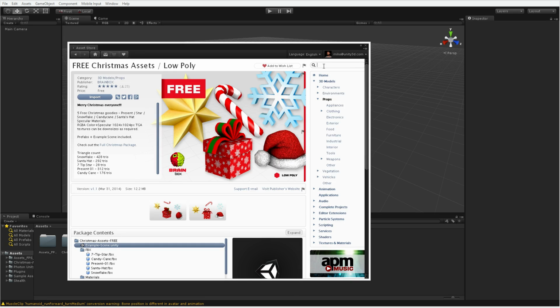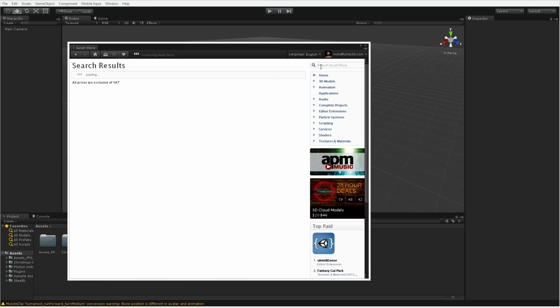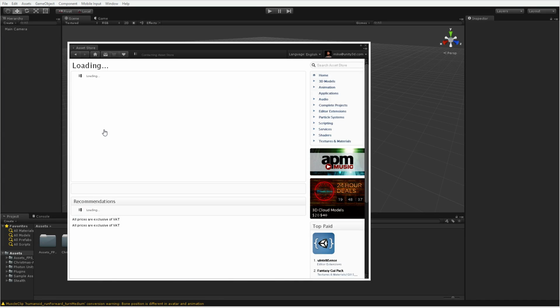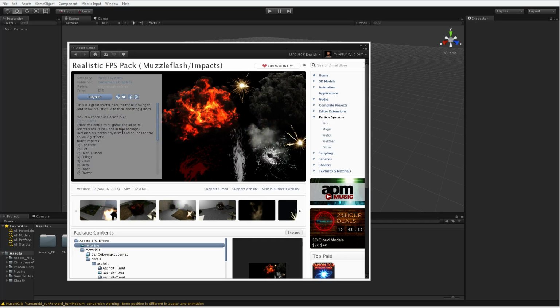And then we are going to be using FPS realistic. Now this is the only asset that I'm using that's not free. I'm using this realistic FPS pack. It is $15. However, if you don't want to buy anything, this is purely cosmetic. These are only for the looks. They don't affect the actual mechanics of the game in any way. So you can do completely what I'm doing without any of this. Buy them if you want some first-person shooter effects or make your own, but if you don't, you just completely ignore them. That's fine.